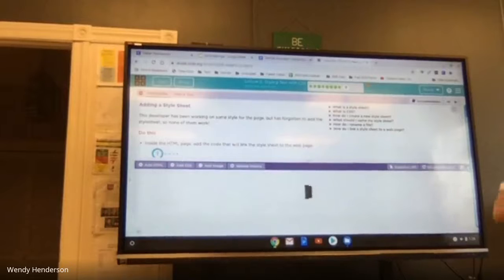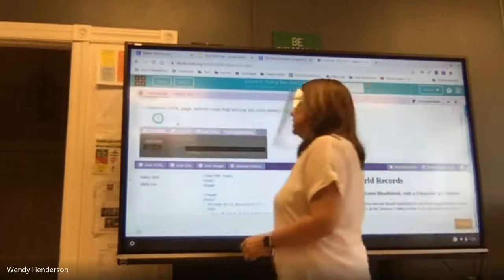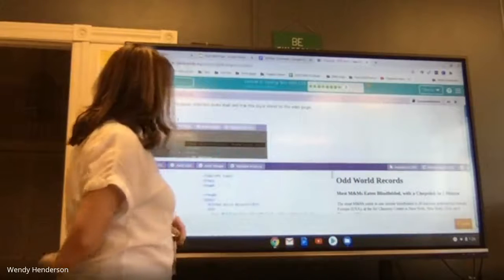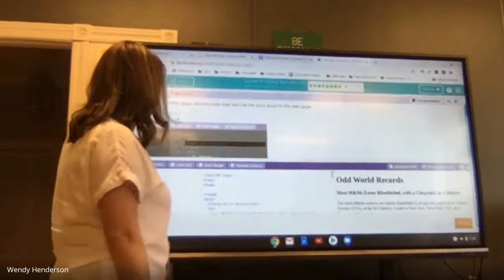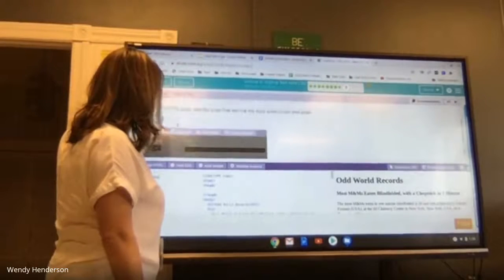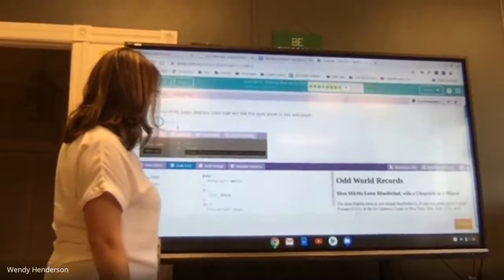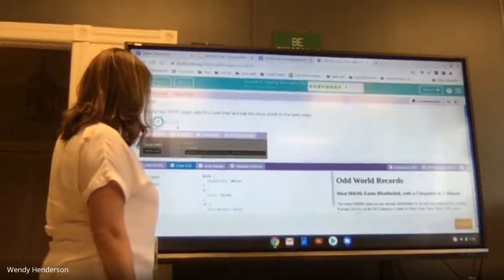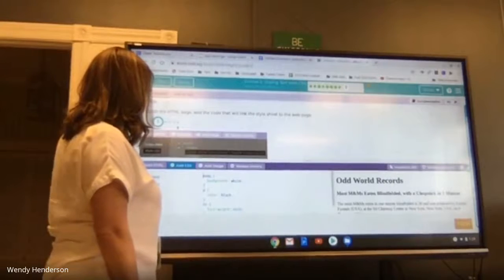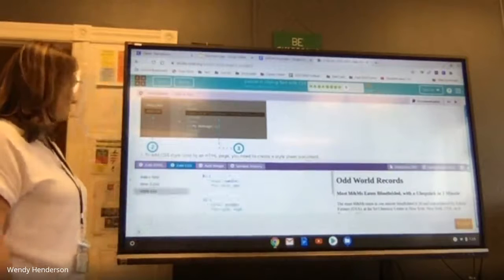So lesson 9 says adding a style sheet. This developer has been working on some style for the page but has forgotten to add the style sheet, so none of them work. Inside the HTML page, add the code that will link the style sheet to the web page. So if you click Add CSS, I put it right above it. Style,